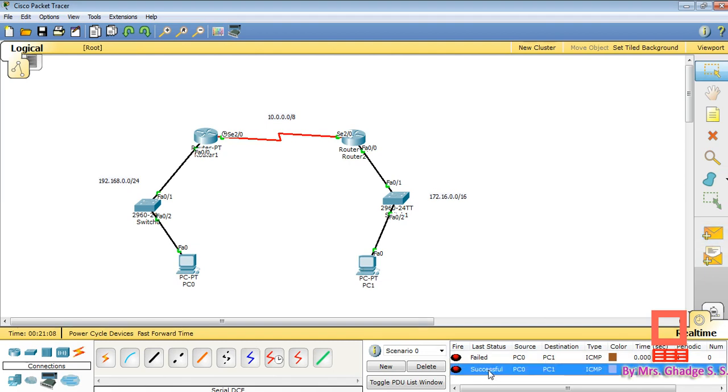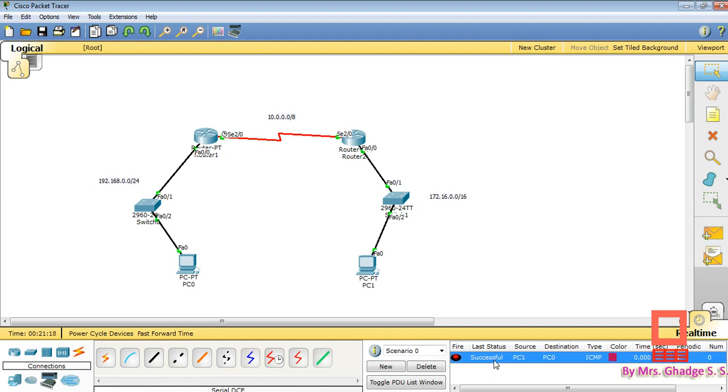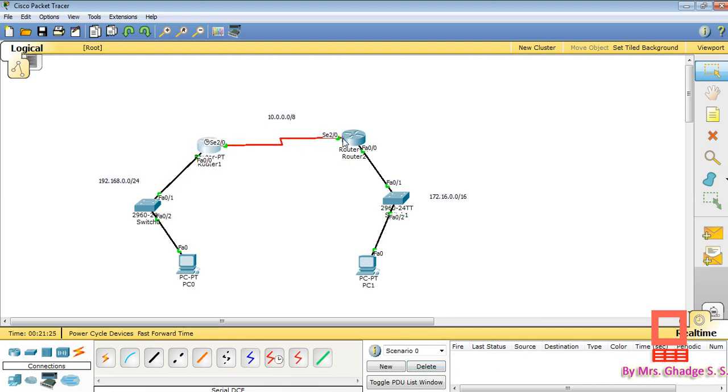Okay, now it is showing successful. That means the OSPF protocol is working from PC0 to PC1. From PC1 to PC0 it is again showing successful. That means OSPF is configured here. So in this way you can see how OSPF works.